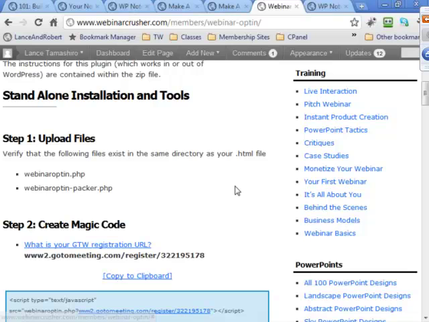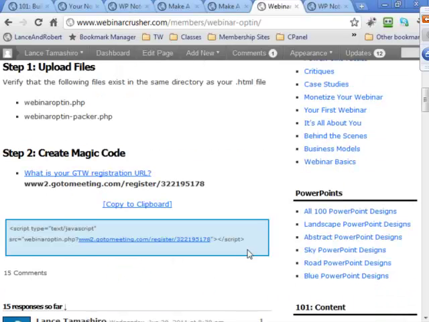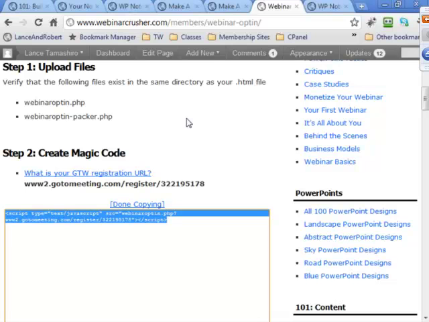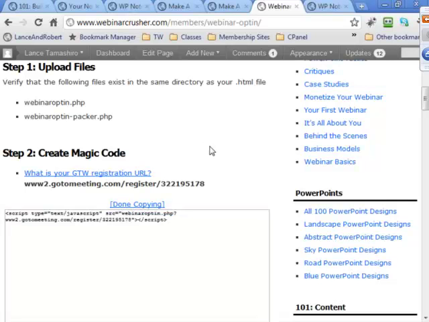And now I click OK, and look what happens. Now all I have to do, instead of worrying about where these quotes go, where the equal signs go, where the question marks go, doesn't matter. All I do is copy to clipboard, copy this, and paste it into my website, and now it's all working. So tons of uses for this type of technology.